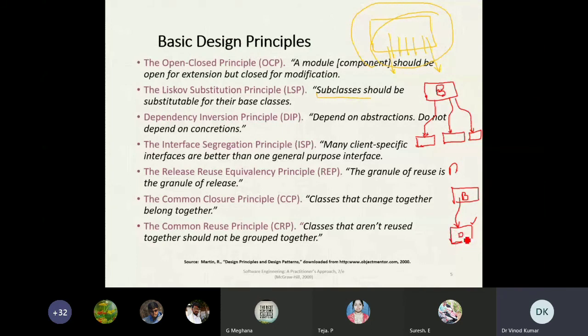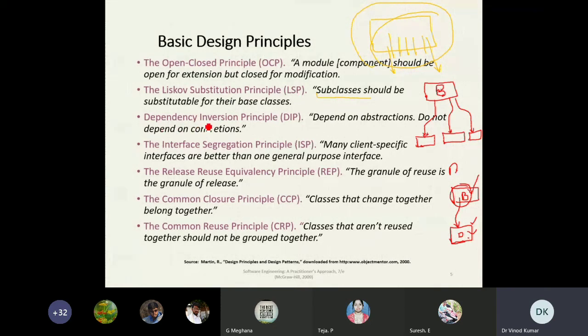So the subclass acquires the property of B. B is known as the base class, and D is known as the derived class, or subclass. I mean to say that subclasses should be substitutable for their base classes.